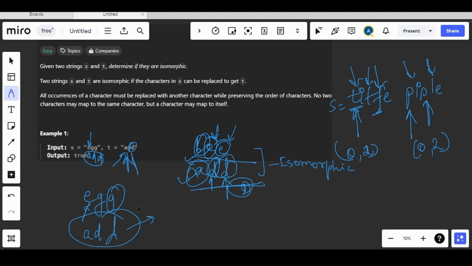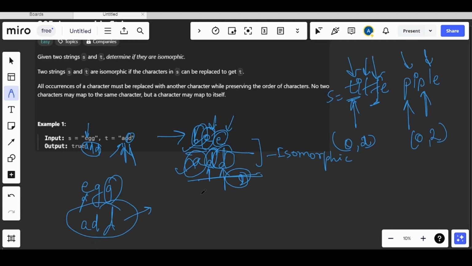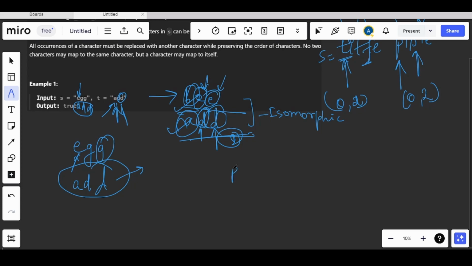Now how do we solve this problem? What is the approach? We are seeing that the character that we are having is occurring on the same indexes. If A is occurring on the 0th index and we have another character in the other string at the 0th index, what I mean by that is, if we have pipe and we have kite.